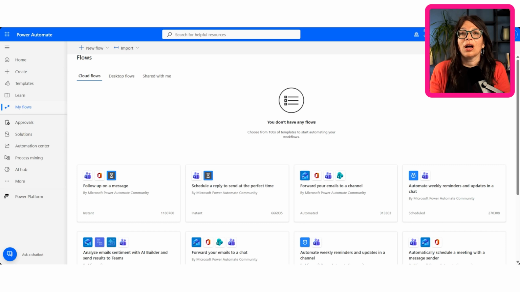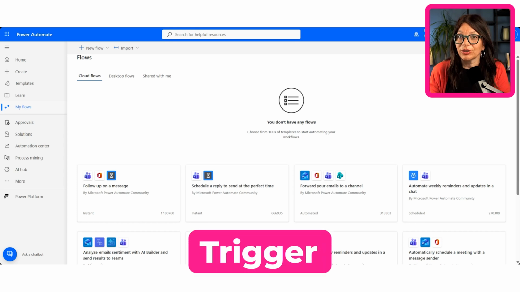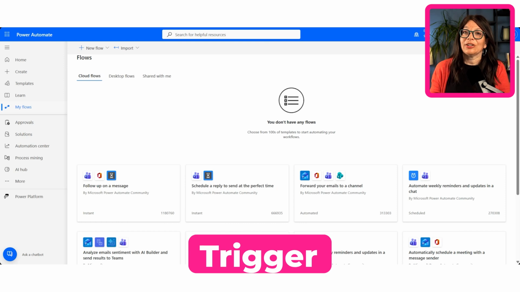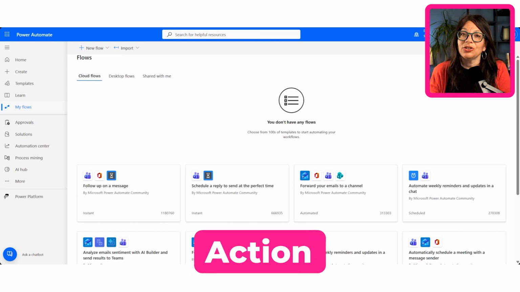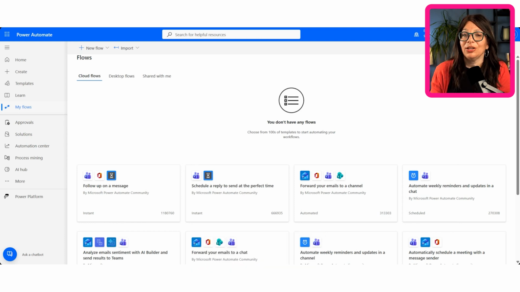Now, let's just talk about the anatomy of a workflow. There's two different parts of the workflow. The first thing is that you have a trigger. Like, what's the first thing that triggers this workflow? And then the second thing is an action. And because you installed this app within Monday, you now have the option to add triggers and actions within Power Automate. So let's start